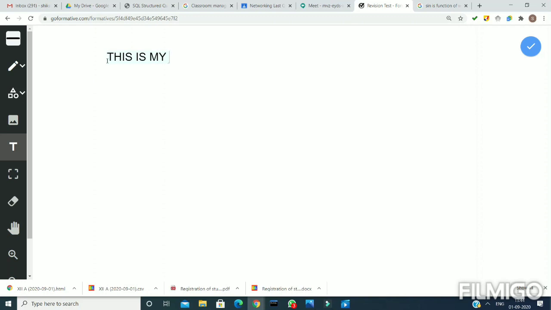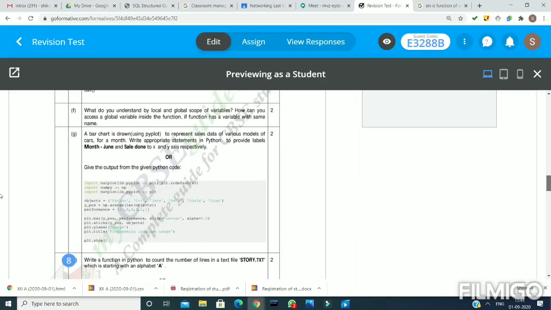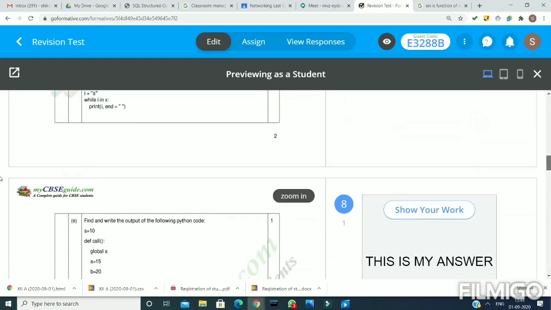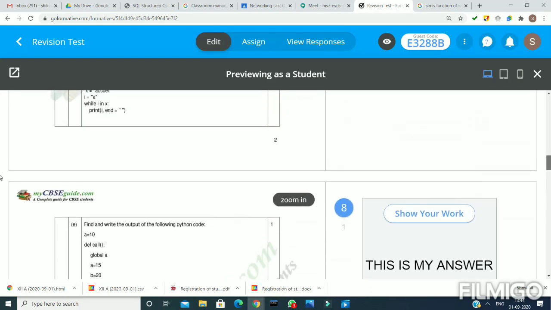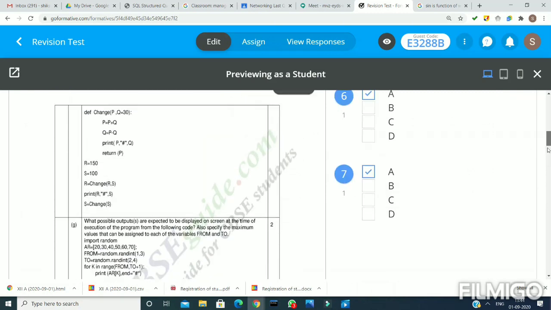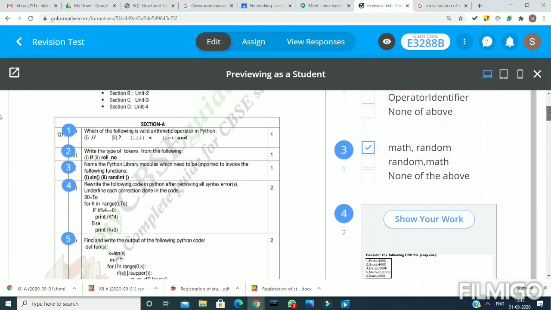The student will write the answer. I am writing this for now, as it will take a lot of time if I write the whole answer. So this is the way the student will attempt the quiz. One more thing I want to tell, you can see if we upload a full PDF file and we give only a few questions from that PDF file to a student, the student will receive the full file and all the questions will be available to him.